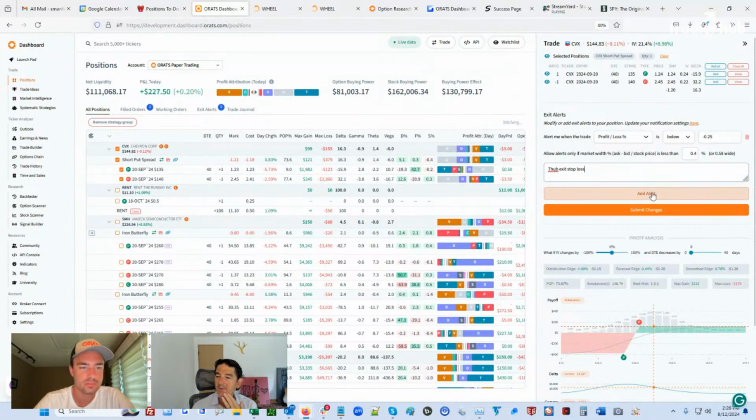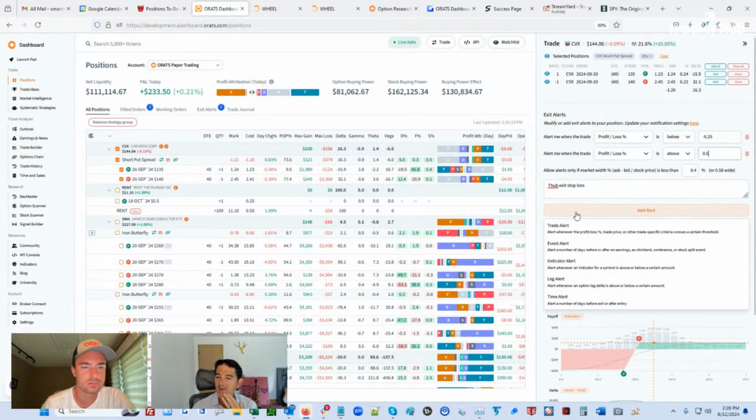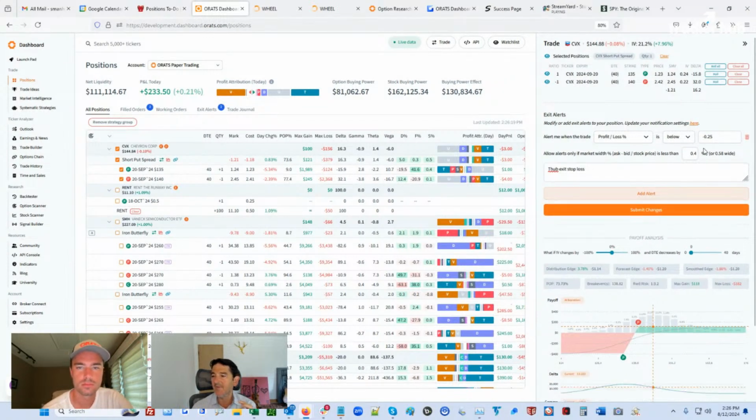Right. So the way that we did it, we just said add alert, and it was a trade alert, and we set the profit loss below. And this would be a profit loss if we made 50%. And then I made the market a little bit wider, because sometimes if it moves off of that, right now we're looking at a